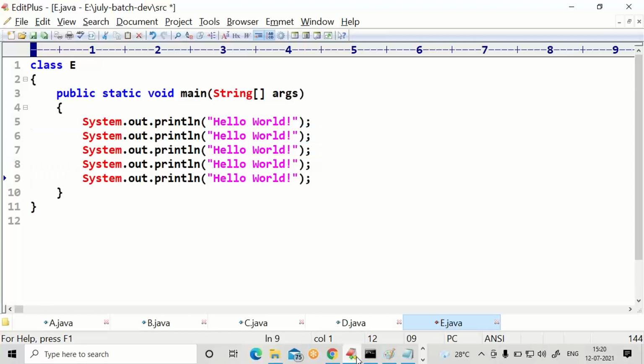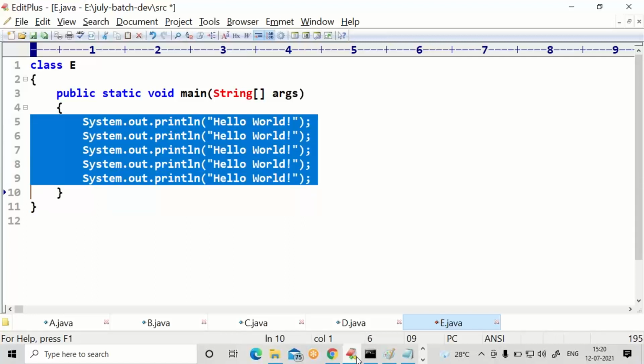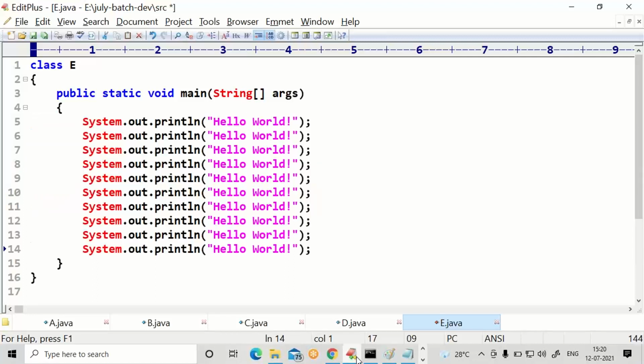Control J. I want to develop all these lines, all these System.out.println. Select all. Control J. By default, only cursor line through Control J. If you wanted multiple lines, select multiple lines, Control J.